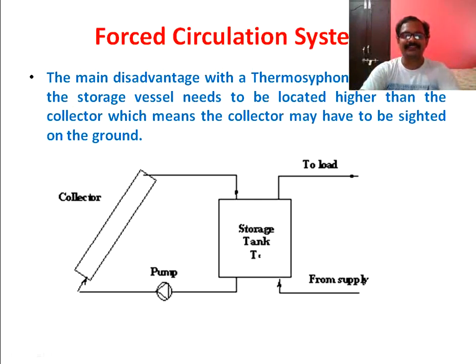then in that case, water will never circulate automatically or naturally, because both the collector and tank are at the same level. Water will never travel from the storage tank to the collector. So for that purpose, I use a pump to pump the water from the storage tank to the collector. Because I am using a pump to forcefully circulate the water, this system is called a forced circulation system. Again, the concept is the same. Here we pass the water by means of a pump from the storage tank into the collector. Both the collector and storage tank are kept at the same height on the rooftop itself.